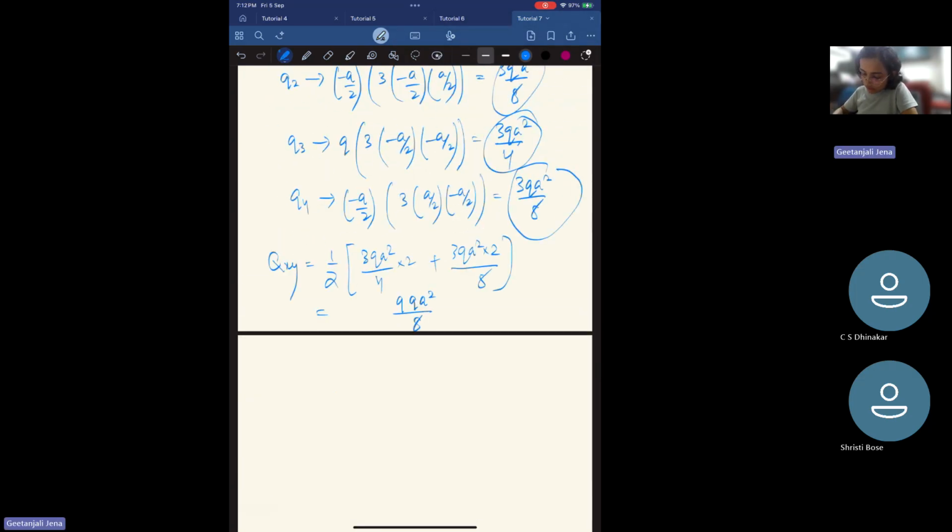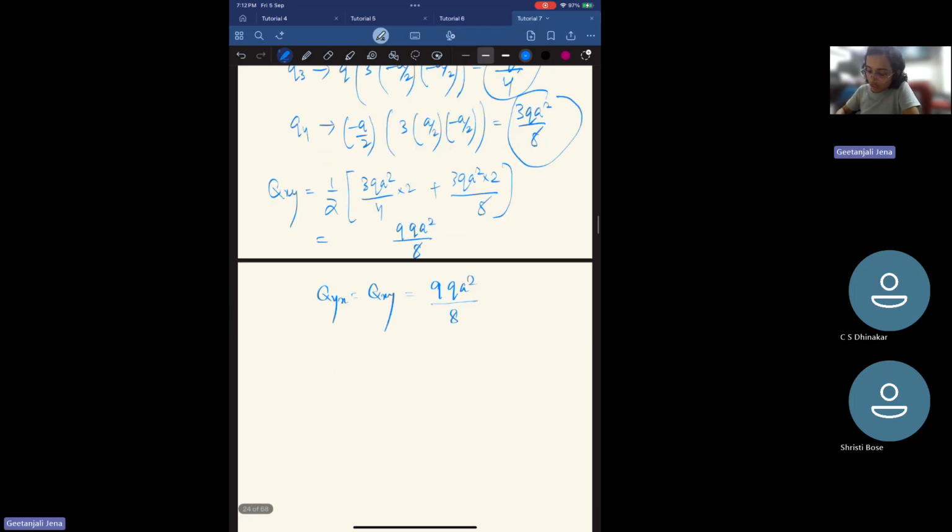So now we know qxy, so that means qyx will be qxy, 9q squared by 8. For the other matrix element qxz,